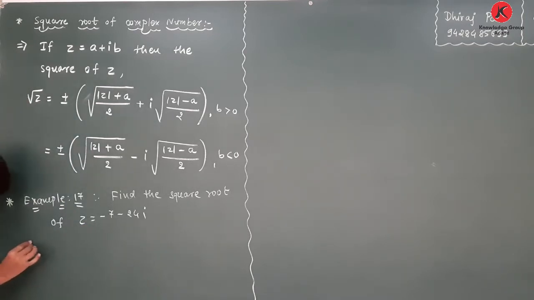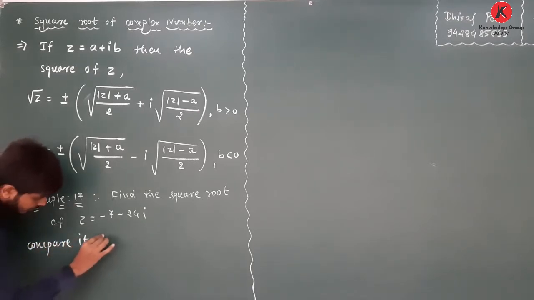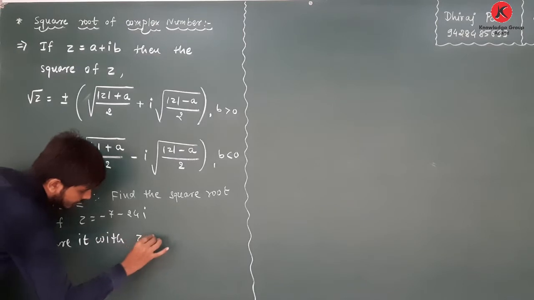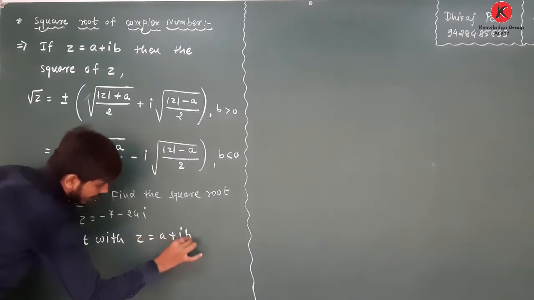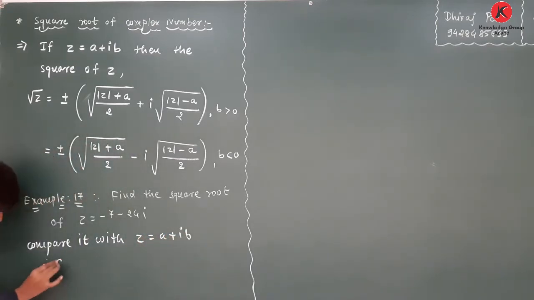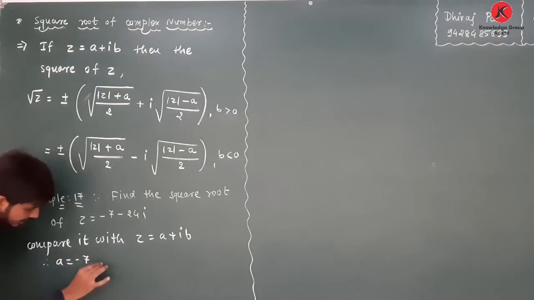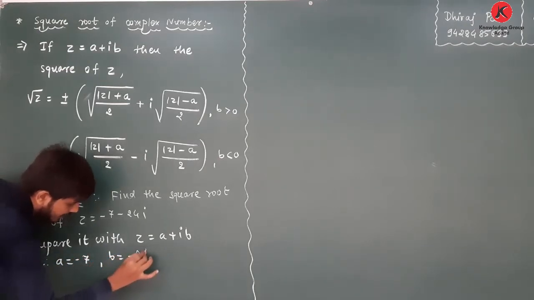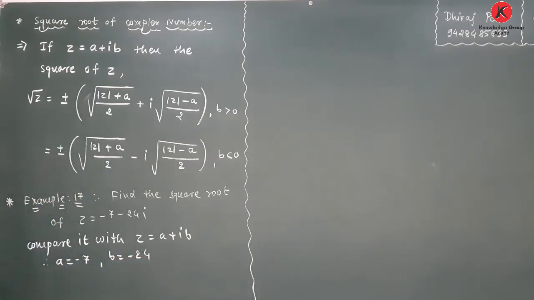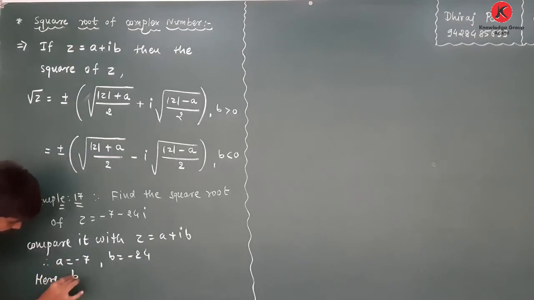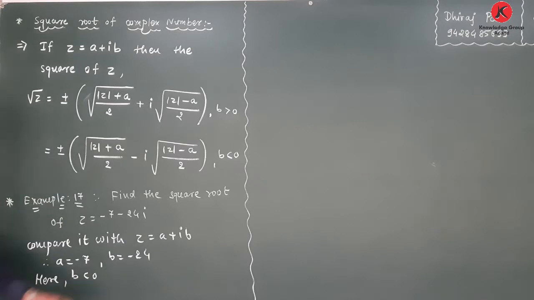Now compare it with z equals a plus ib. Therefore we are getting a equals -7, b equals -24. Here b is negative, b less than 0. B is negative, therefore